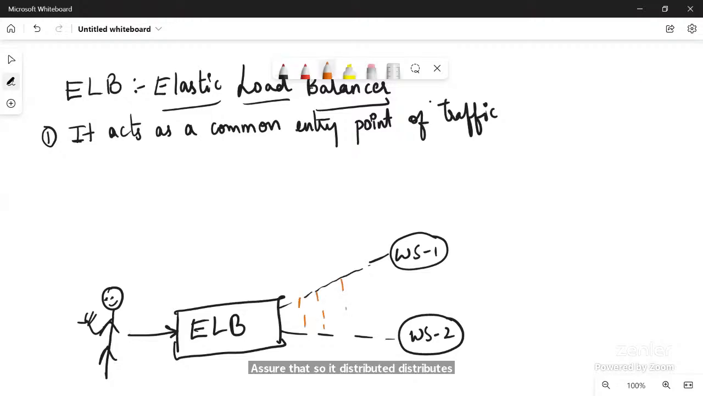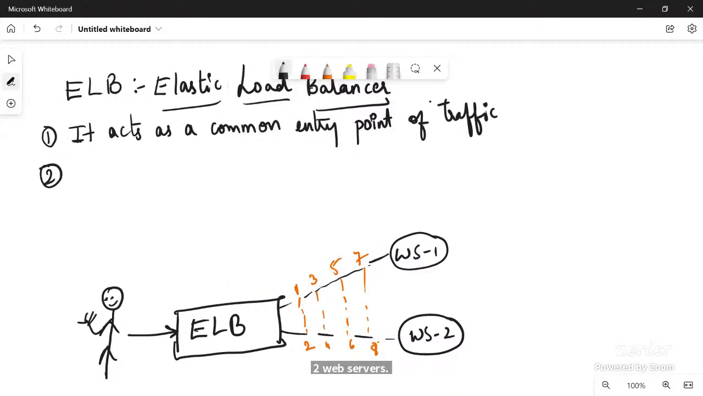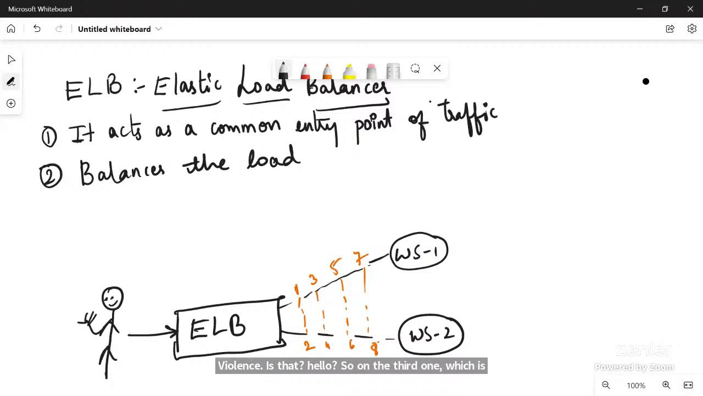So what we can say here, it balances the load. If one request is sent here, the second will go here. Third, fourth, fifth, sixth, seventh, eighth. So it distributes the load between the two given web servers. So we can say it balances the load. And the third one, which is very, very important, because everybody tends to say the first